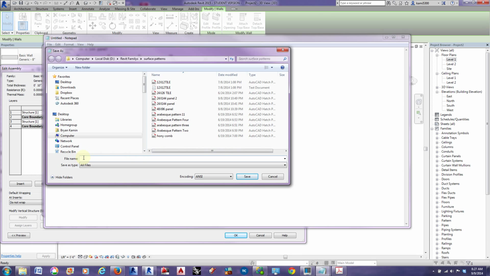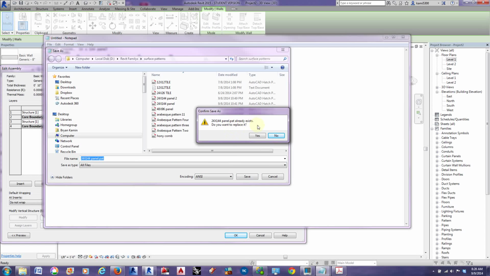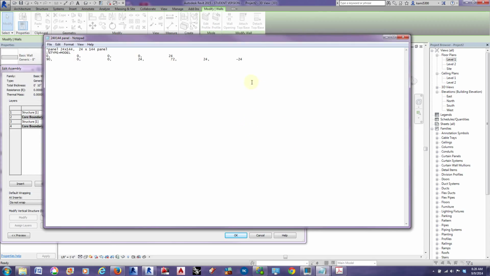Okay? So I'm going to name this 24 by 144 panel. And then I'm going to put a .pat behind it for pattern. And that's the file name format that you need to name your patterns. I'm just going to click save, and it says, yeah, it already exists. I'm going to go ahead and replace it. So now that we have that pattern saved somewhere,